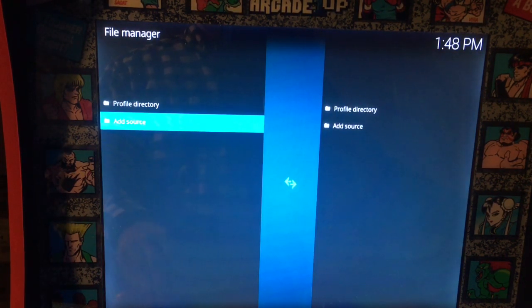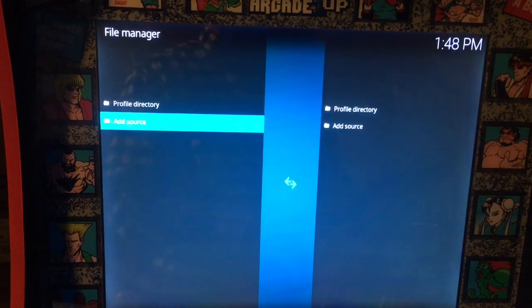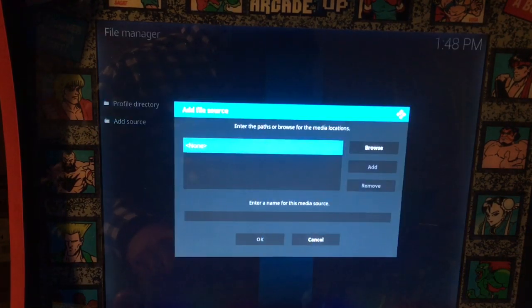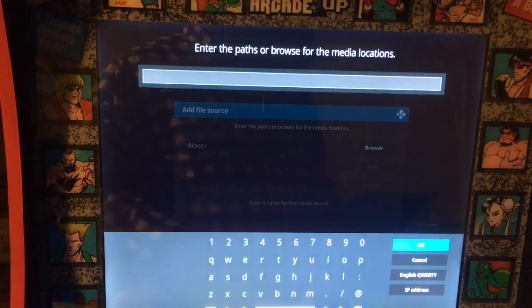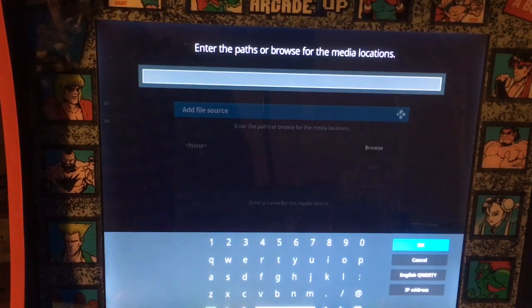Hit, I believe it's the B button. I forget which one I said. It's A or B, I can't remember. Hit it one more time, and now hit it one more time, and now I get this path. So the path that I'm going to put in here is going to be http://